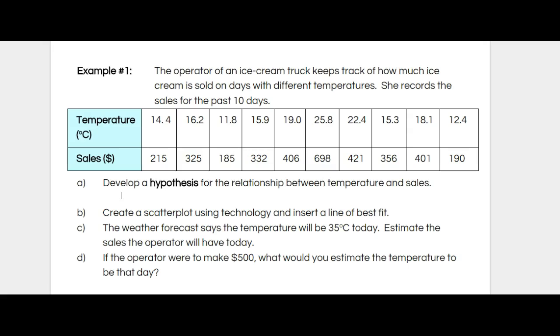Whereas in the summertime, that's when in Muskoka some of our ice cream shops open up and they're quite busy. So I'm going to write a statement that describes what I think the relationship will be. Okay, the higher the temperature,